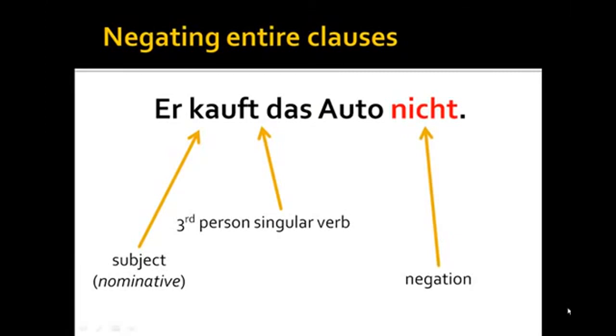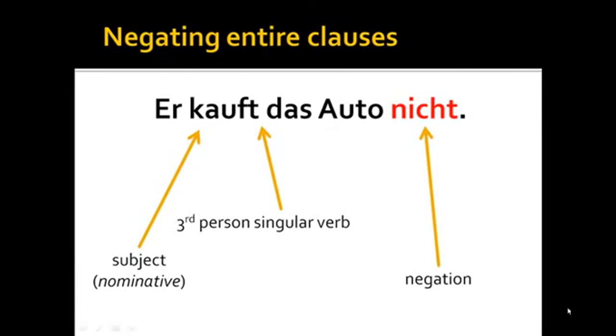So, by way of summary, if I am negating a predicate adjective, the negation comes before the predicate adjective. If I'm negating an adverb, again, nicht will come before the adverb. However, if I'm negating an entire idea, an entire clause, nicht will come at the very end of the clause. Now, so far we've only looked at predicate adjectives, adverbs, and entire clauses. What if I want to negate a noun? In order to do that, I'm going to have to use the